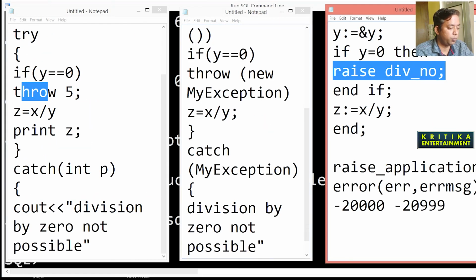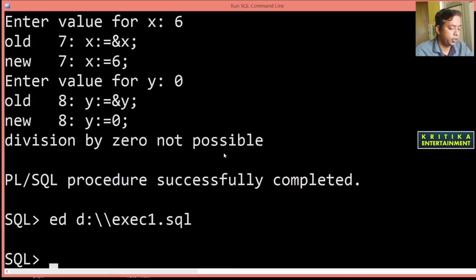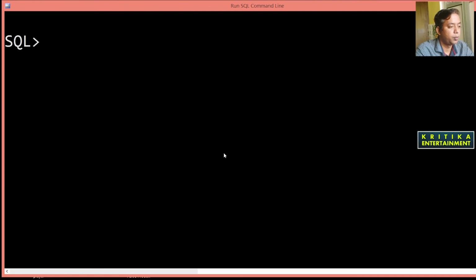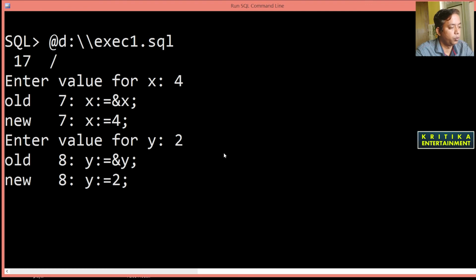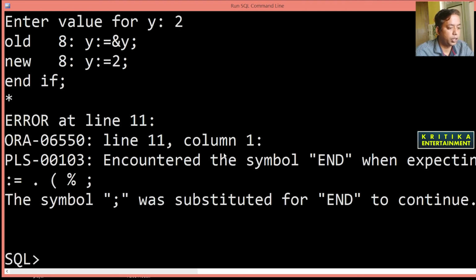I will go to this, clear the screen, and compile this again. Enter the values, suppose 4 and 2. It encounters an error, so I open the program.